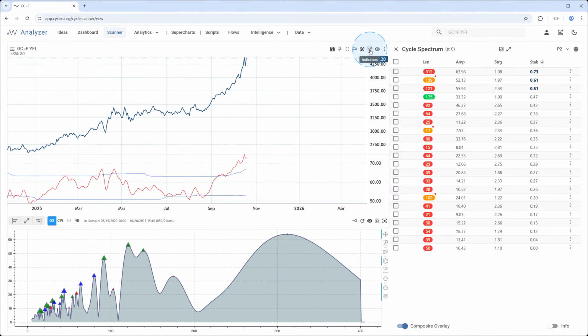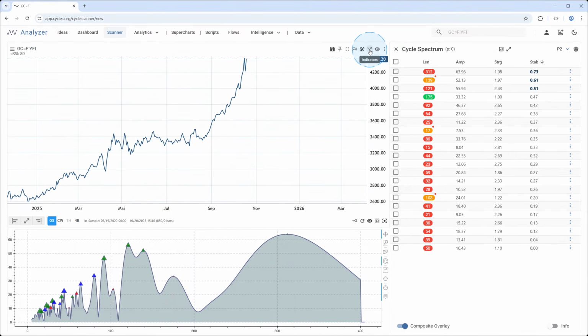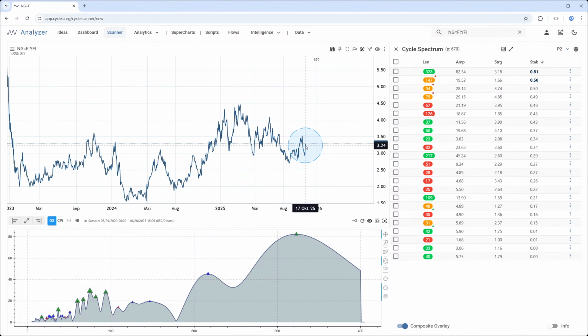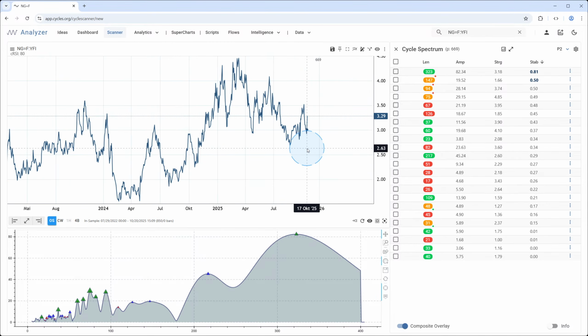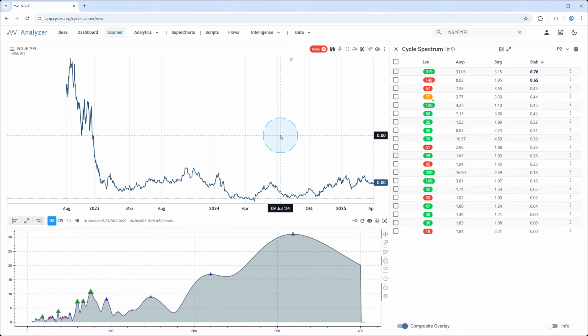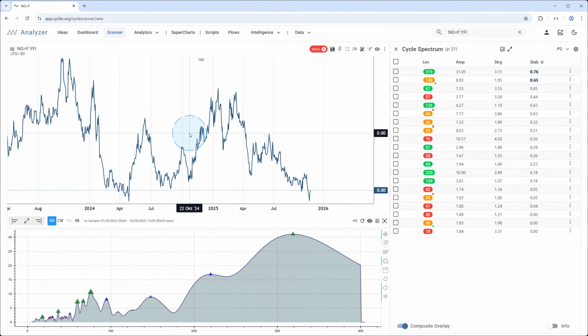So cleaning up the chart. That's it. So in that case, we start first with loading natural gas as the main series here. So that's the natural gas, US natural gas futures. And now we want to chart them as a ratio to gold. So same procedure. Let's bring in the ratios. Let's chart natural gas against gold. And here we have the ratio of